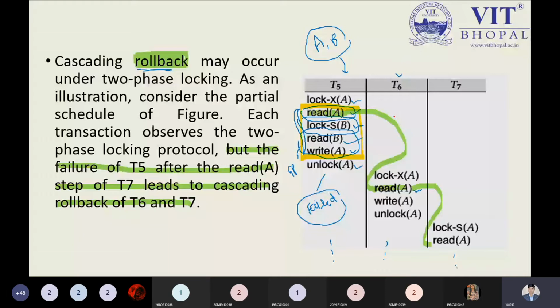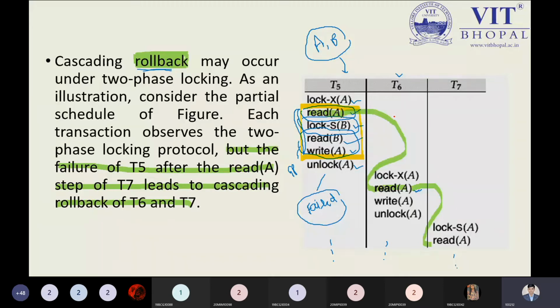Transaction fair means a logical problem. It is not a user problem. It is not a physical problem. It is a logical problem which is generated by the machine. It depends on some technical issues, I mean the network issue you can say. So here, if transaction T5 fails, then transaction T6 and transaction T7 are the two transactions which can lead to a failed transaction. So transaction T6 and T7 are the supportive transactions.